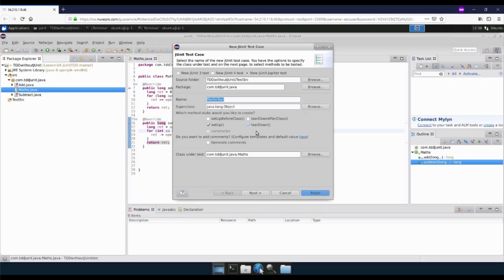End editorial comment. Now, what the setup method does is it provides preliminary behavior that gets run before the test happens. Teardown is the behavior that gets run after the test happens. So for example, if you had to do a database setup, you would put the database setup in the setup method, and then if you wanted to disconnect from the database, you would put the disconnection behavior in the teardown